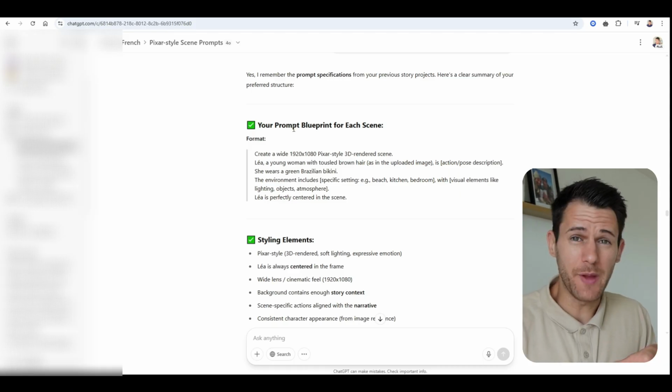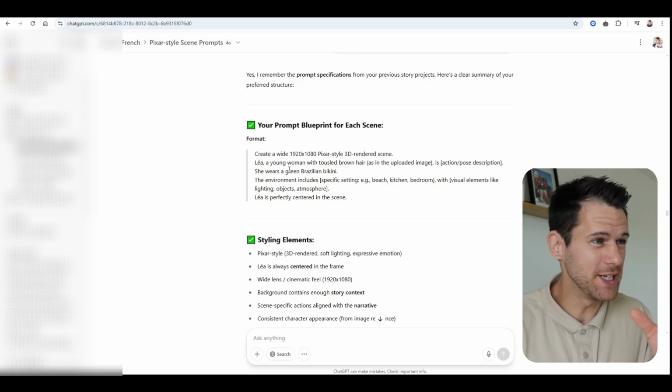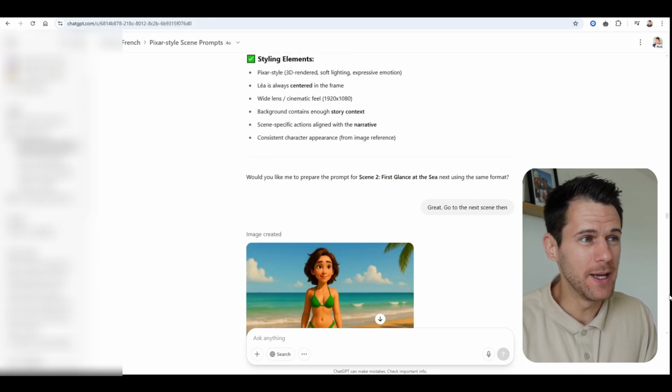So 10 scenes is enough for a short YouTube video. I asked ChatGPT each time to create me 10 prompts from the short story, and from those prompts then I create the scenes. And to create the scenes we use ChatGPT as well. So I have the prompt blueprint for each scene already, and my format is create a wide 1920 by 1080